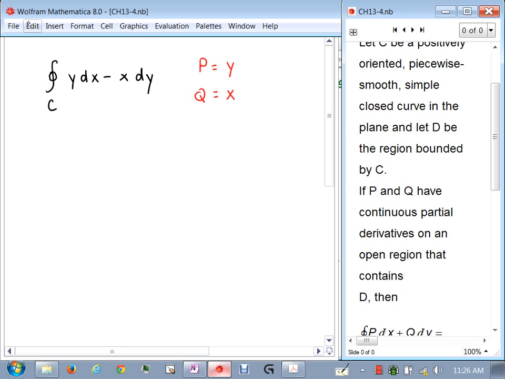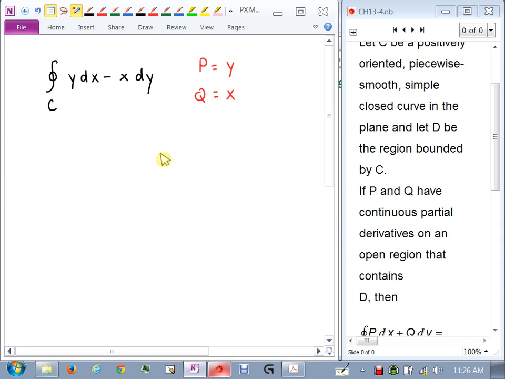So I'm going to draw a quick picture. The region that I'm enclosing is the unit circle centered at the origin. Unit circle centered at the origin, like this. So if I'm anywhere on this unit circle on the outside or anywhere inside,